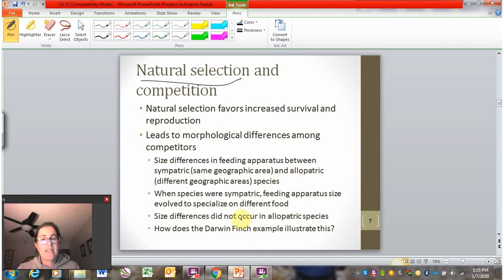We've talked extensively about an example of this before, the Darwin finch example. So remember how the birds have different food sources and they've adapted traits differently for a different food source, right? In the case of the Darwin finch example, it was about islands, which created a pressure. And that's slightly different here where we have competitors creating the pressure for different feeding apparatus, but it illustrates the same principle.